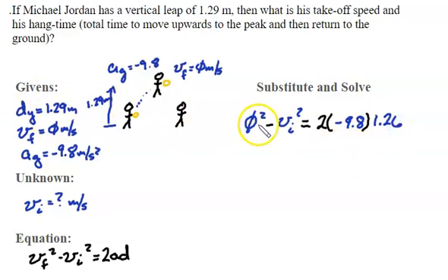Now 0 squared is 0, so that blows up, giving us a negative velocity initial squared